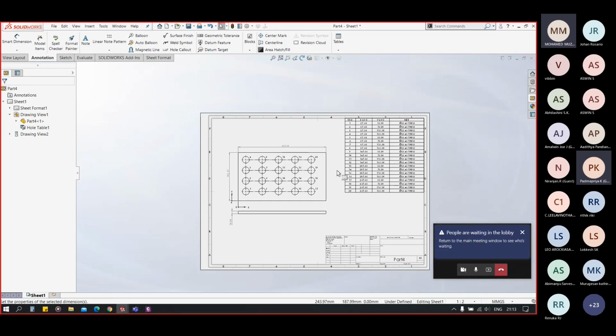You see, the whole table is for easiness of dimensioning, easiness of understanding the mechanical drawings.